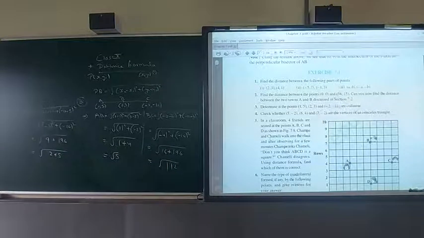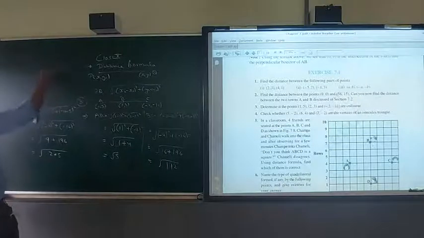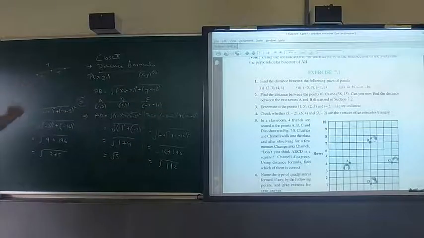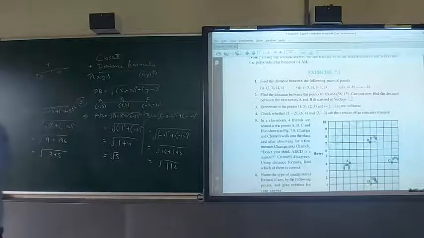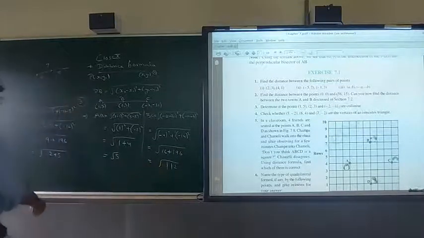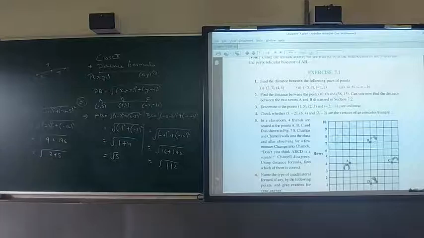Now what have we done? We found the 3 sides. Now if the sum of 2 sides is equal to the third side, then the points are collinear. Suppose I give an example: if the distance between these 3 points is 2, this is 5, and the total distance is coming 7, it means they are all on the same line. Now see, if I add any 2, then the answer will come to this or not.